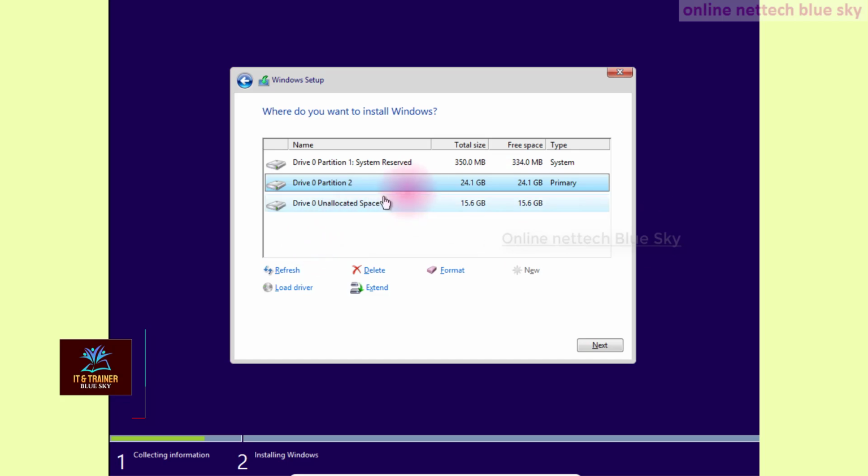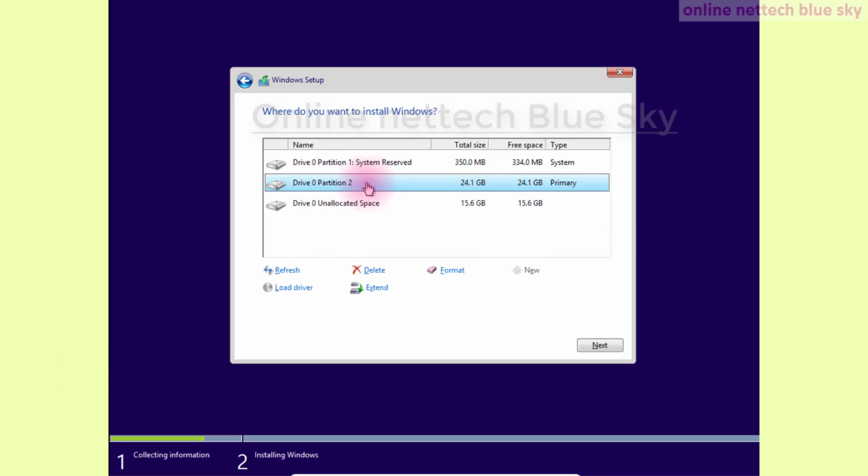Suppose there are some other partitions here, and you can see this is my main partition. You first select it and delete the partition, but before deleting, take a backup of your data, because your data is very important. I already told you how to take a backup on a computer.